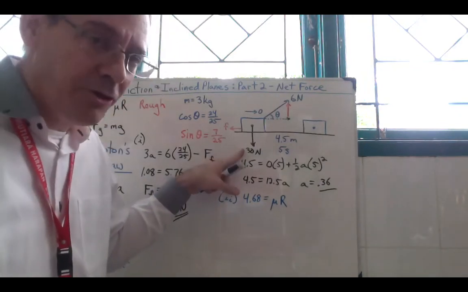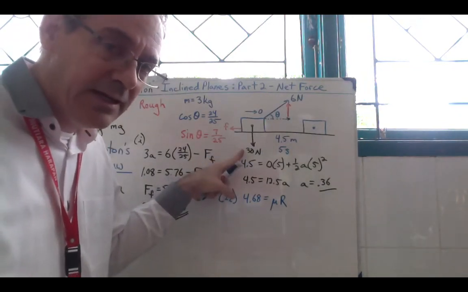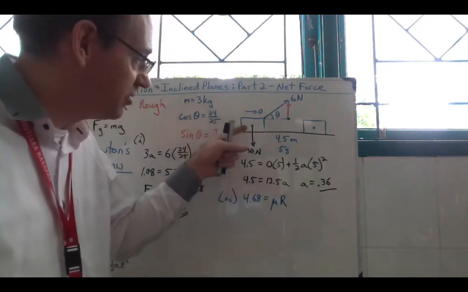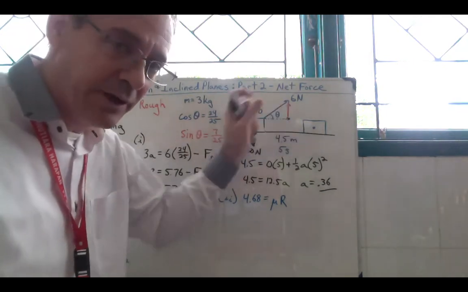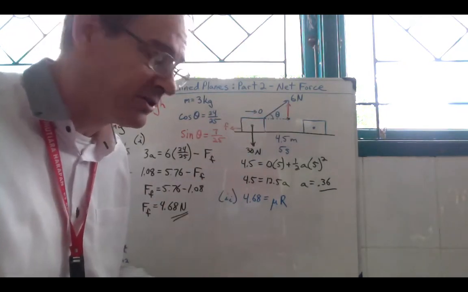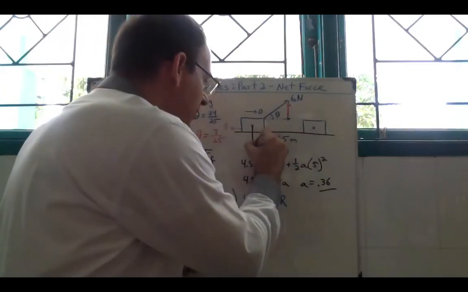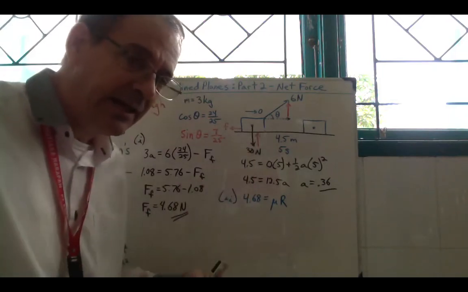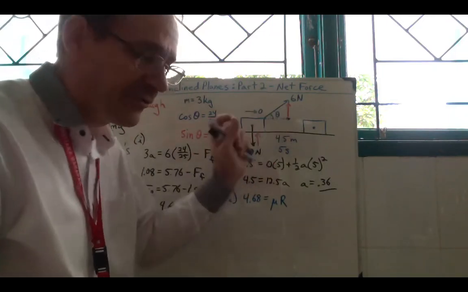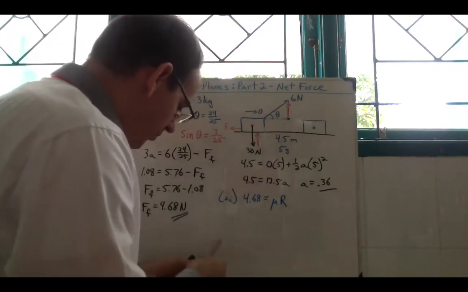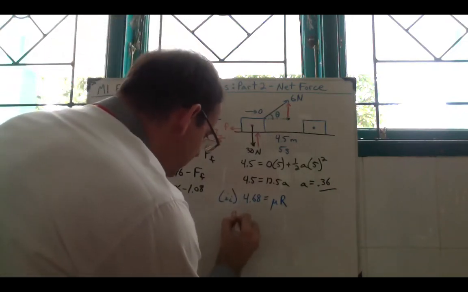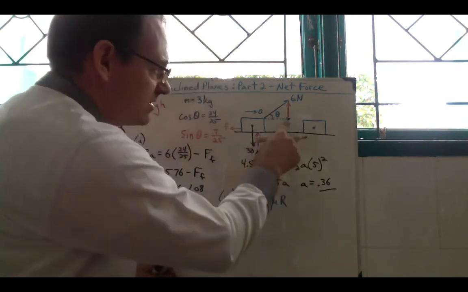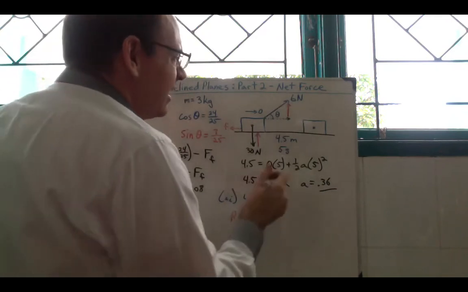So not all 30 newtons of the gravity is acting on this object. You have 30 newtons here, but you have some going the other direction. So that's going to reduce the normal contact force right here. The normal contact force is basically your resultant of the vertical forces. So our normal contact force is equal to 30 minus, because it's working against the gravity, 6